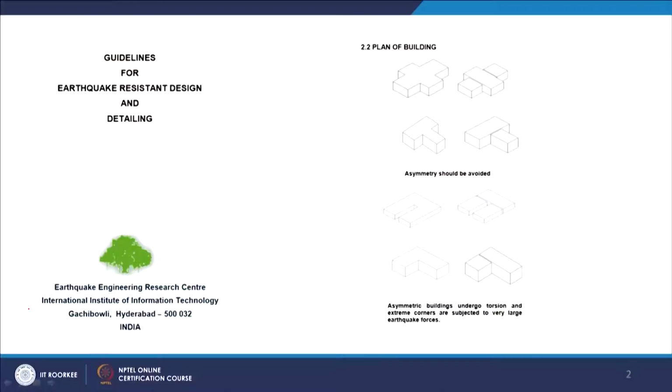I'll be showing a few guidelines which have been developed by different agencies, what their focus lies on, how they have tried to demonstrate it, and what information or guidance they are trying to give to the shelter makers. Now, for example, this is a guideline which has been developed for earthquake resistant design and detailing, developed by EERC,